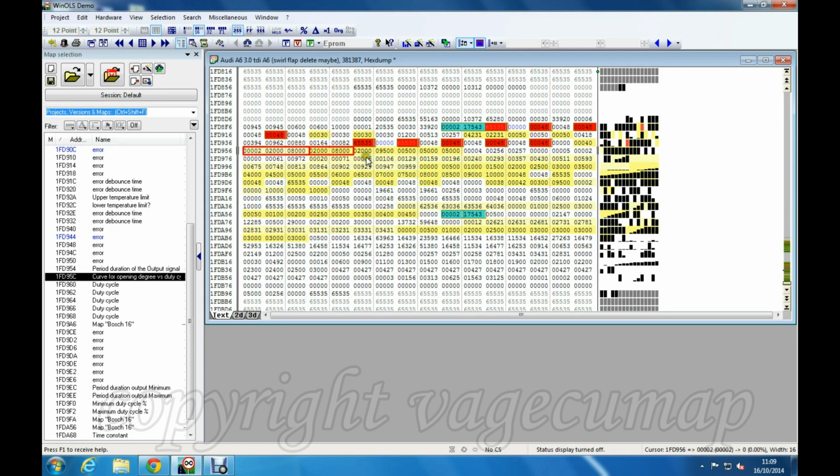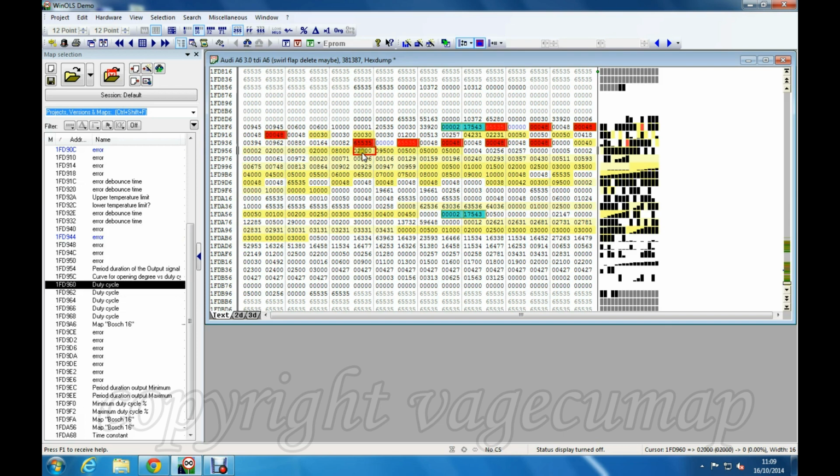Then you get an area which is fairly easy to spot. If you look here, you've got basically what looks like 2000, 9500, 500, 5000, 5000. These are usually related to the values that the swirl flaps will use under various conditions.